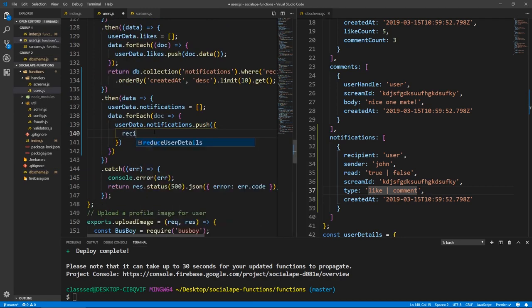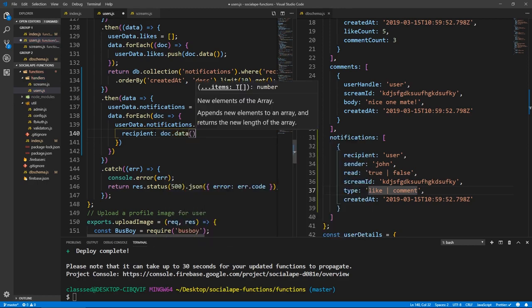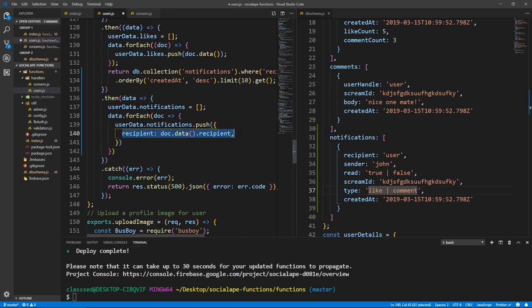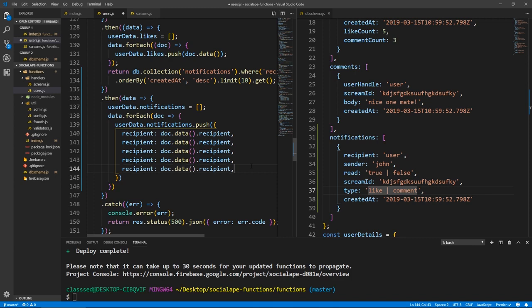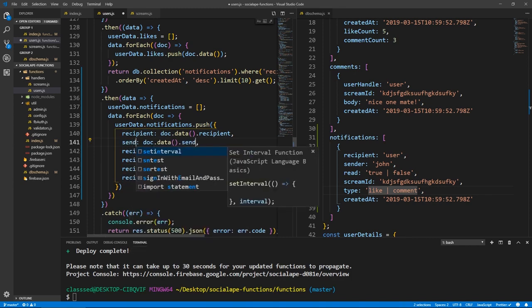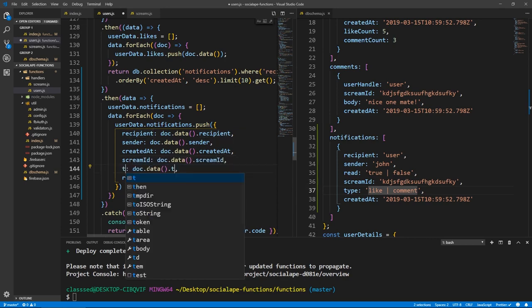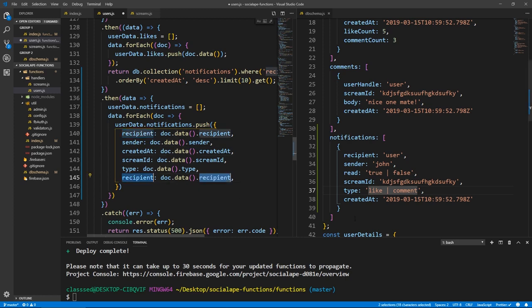So we have recipient is doc.data.recipient, and let's copy this and paste it 5 more times. So we have sender, we have created at, we have the scream ID, the type, and the read, and we also need the ID.